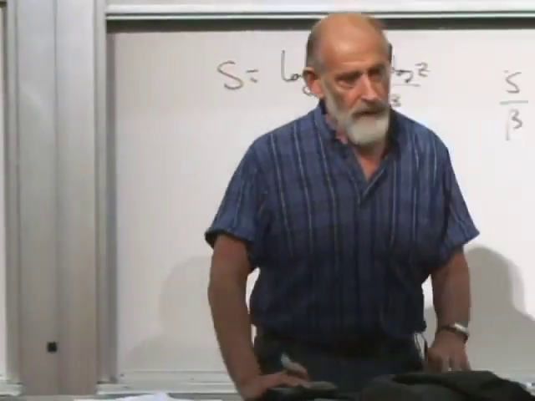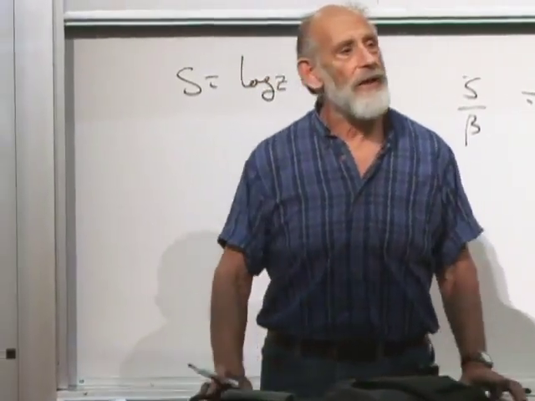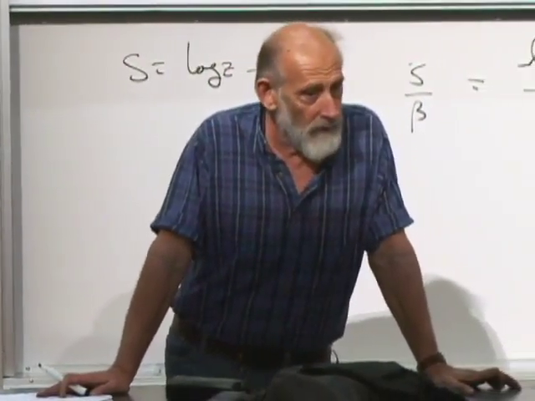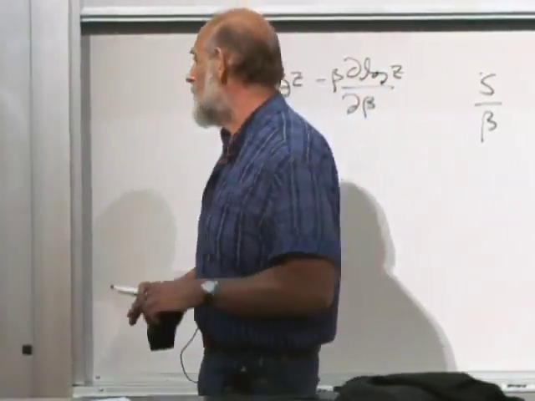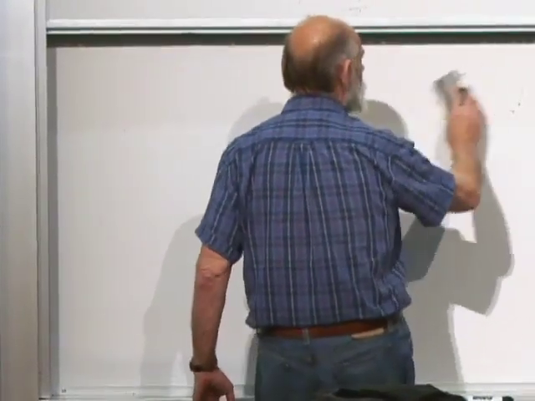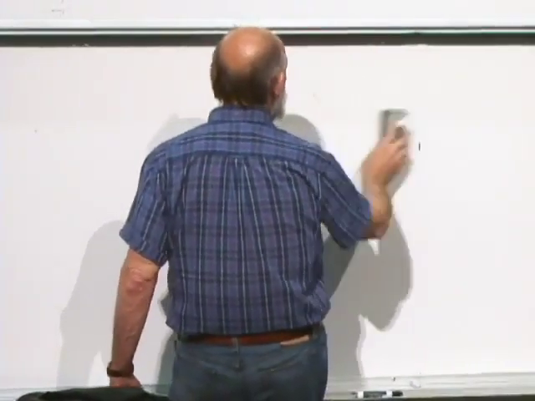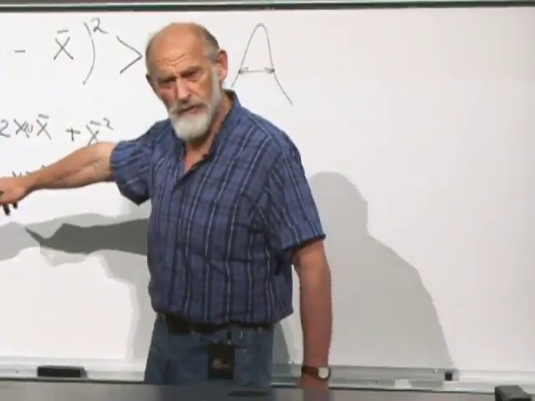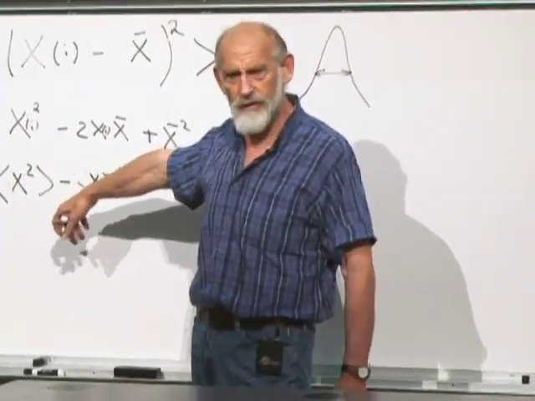So let's try to calculate. Let's see how smart we can be and see if we can calculate the variance in the energy. We'll try to calculate the variance in the energy. What would it mean, incidentally, for the distribution to be sharply peaked? It would mean that the variance in the energy is much smaller than the energy itself. Or I guess we would call this the square of the variance. We call this the variance or the square of the variance? That's right. Call it the variance?